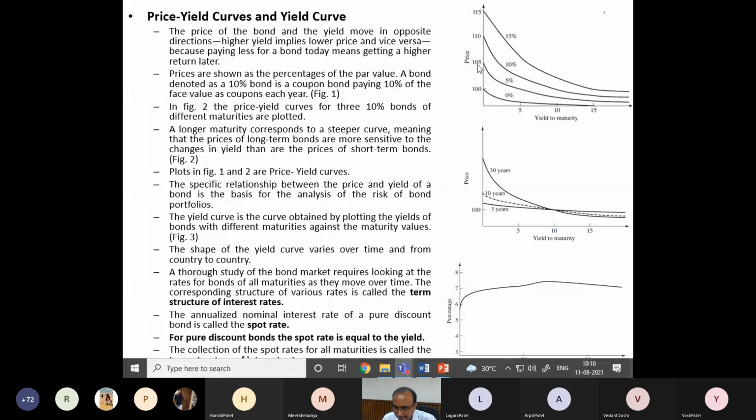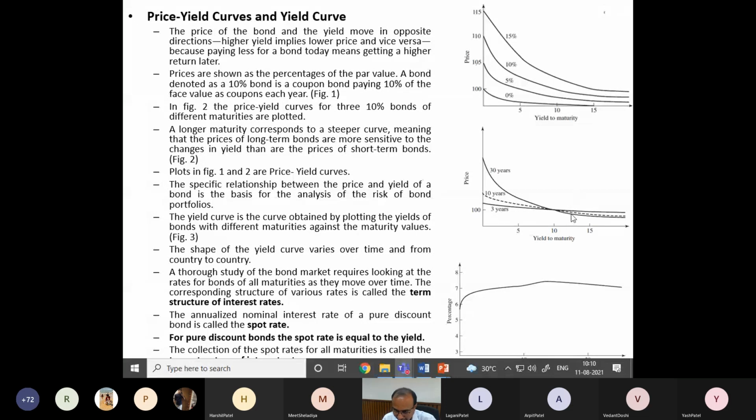Now you can see the same thing for the bond with a 5% coupon rate trading today at 105 rupees, because 5% coupon means 5 rupees coupon. If you buy it at 105 rupees today and its face value is 100, you will not get any yield. But if it trades at a lower price than 105, then you definitely get some yield to maturity. And that yield to maturity will increase as the price becomes lower and lower. The same applies to the 10% and 15% bonds. For higher coupon bonds, the curves shift upward, and usually the higher coupon bonds are traded at a higher price in the market. That is the usual trading pattern.